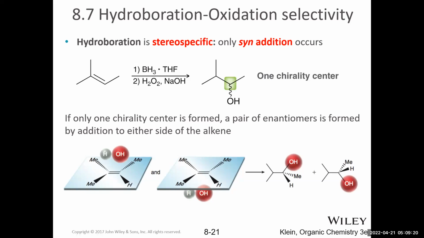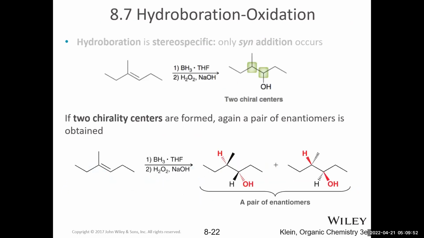Center, a mixture of enantiomers is formed, and you're going to find that that's going to be the same in all reactions. Whenever one chiral center is formed, a racemic mixture of enantiomers is always formed. And that's because there's no selectivity for the reagents attacking on one side of the pi bond or on the other side of the pi bond, right? And those pi bonds are planar. That attack can occur with equal probability, leading to both enantiomers.